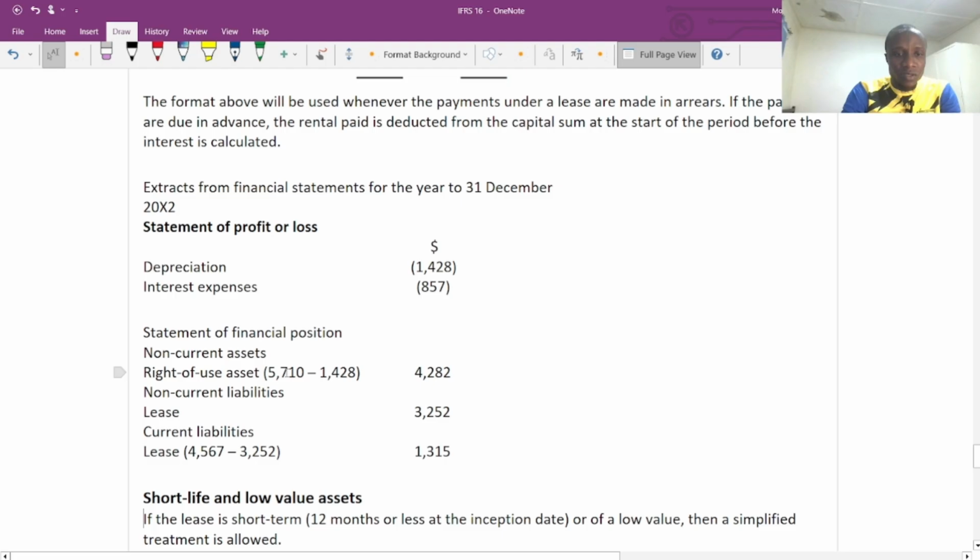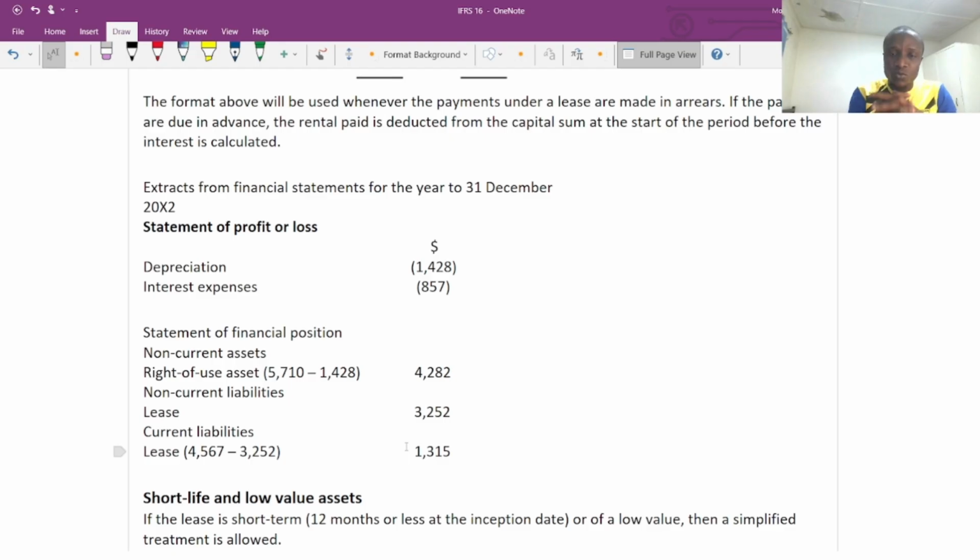The lease liability, the non-current is 3525 and the current is 1351. But the total liability is 4567 because in year one, the total liability is 4567. We tried to split it because of presentation and according to IAS 1. So basically, this is what you need to understand for the lease liability and the right of use asset for